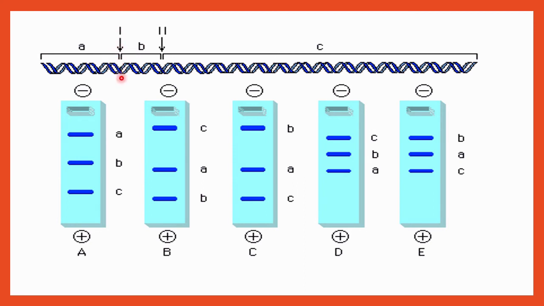As a result of that, you can see we will find the fragment that we are indicating as A. Secondly, we cut the DNA from here by using the second restriction enzyme. So by using two restriction enzymes, we fragment this DNA, and as a result we get three fragments, A, B and C. Here you can see this is the A fragment, this is the B fragment, and this is the C fragment.